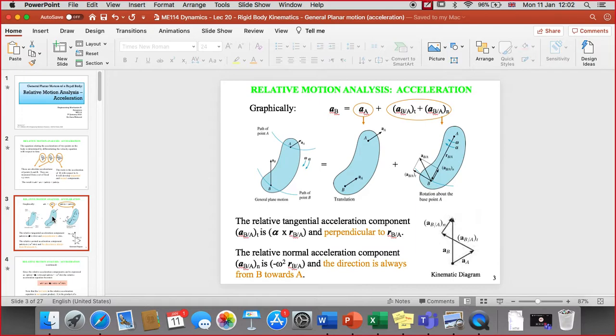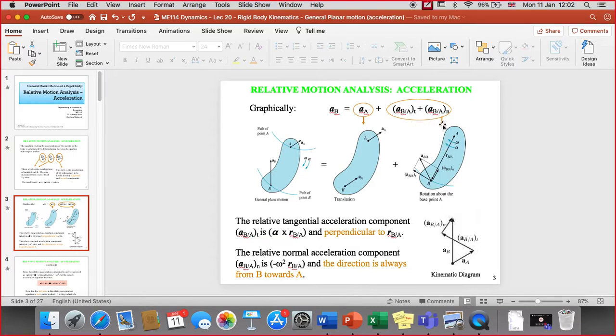So if I have some arbitrary point B on the rigid body, I can choose another point on the body as my base point and first consider that the entire rigid body translates with the base point. That's just the acceleration due to translation, and then add on top of it the acceleration